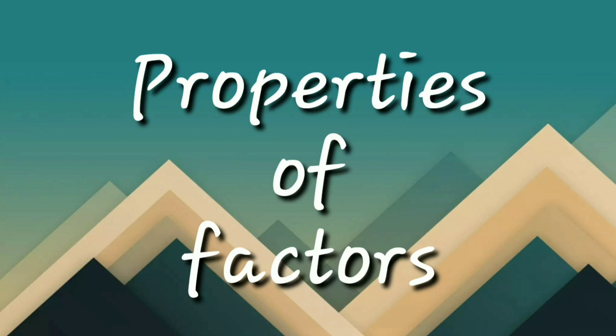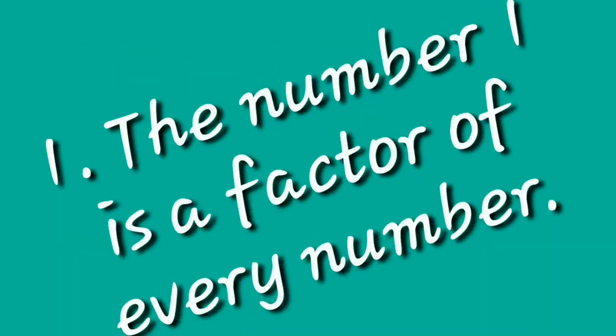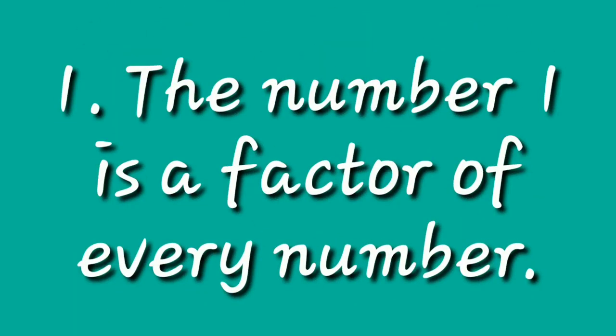As you have studied the 4 fundamental operations of addition, subtraction, multiplication and division, each one of the operations has its own property. Similarly, factors also have their own properties. So let's look into them one by one. The first property states that the number 1 is a factor of every number. It means that if we multiply any number by 1 or divide any number by 1, we get the factor as 1. Likewise, we can also say that during the determination of the factors of a number, either by multiplication or by division, we get 1 as one of its factors.